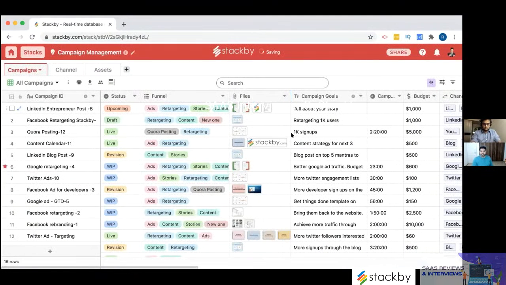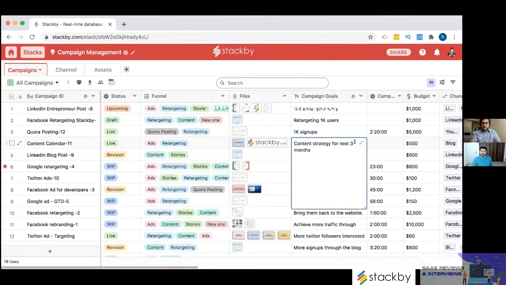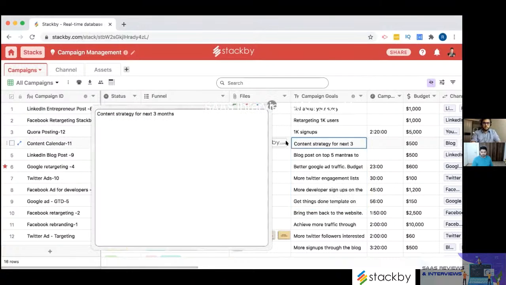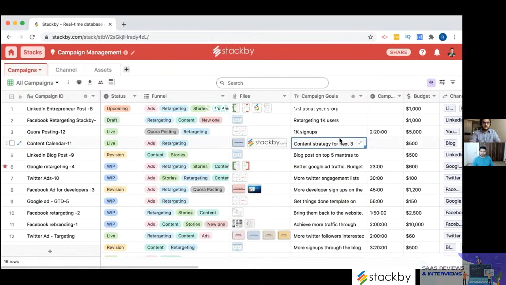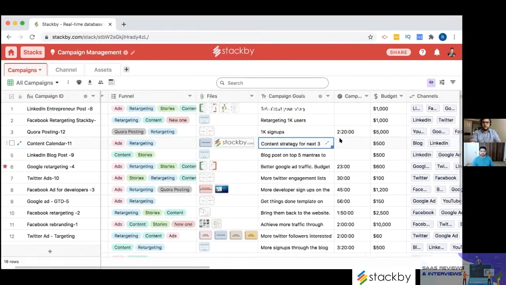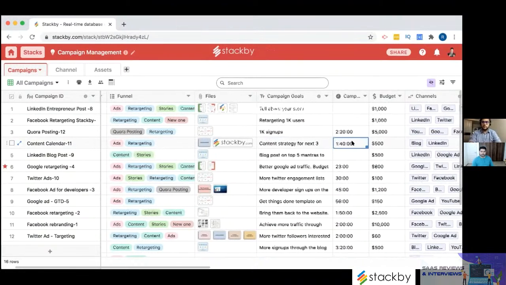I really like this option of being able to attach files. Really nice. So then you can add individual long text or notes, and this can be completely customized, like you can even expand a cell to write a big blog if you want. Then you have a duration column type. How much time do you need to do it? So say for example, 100 minutes, and it will automatically take it into a duration.